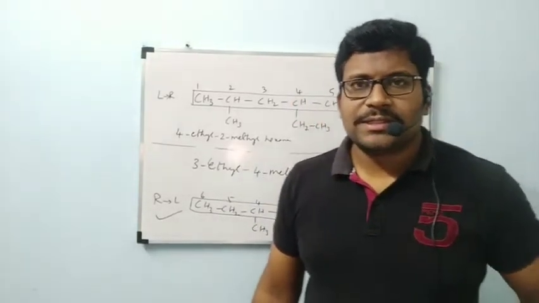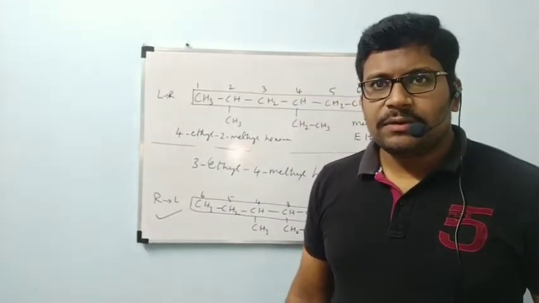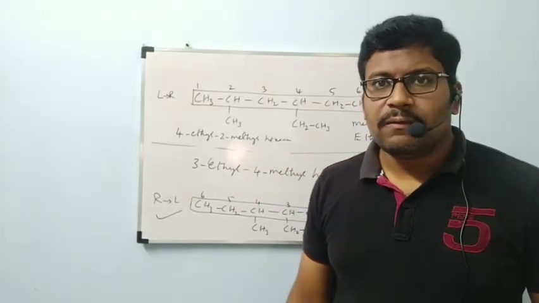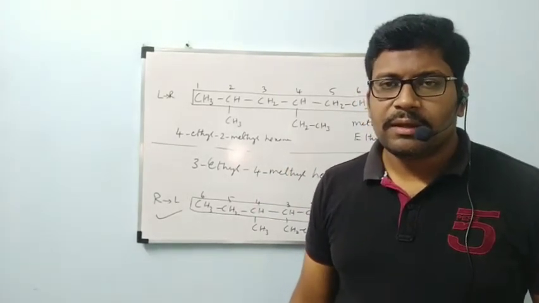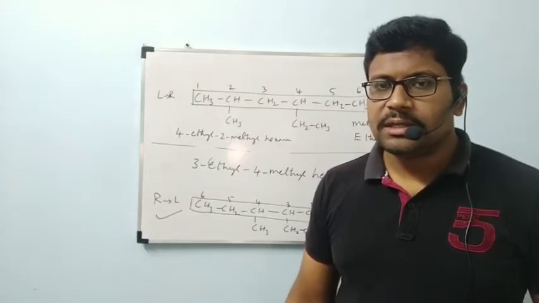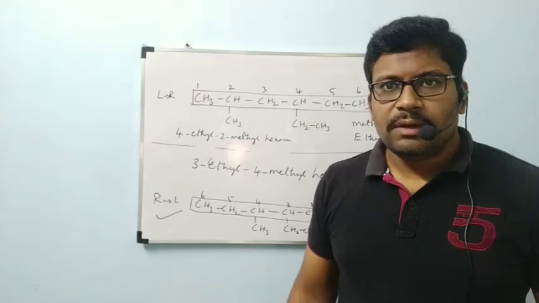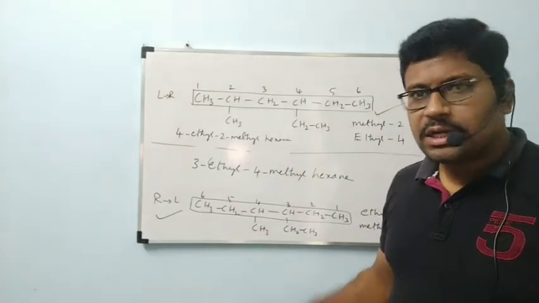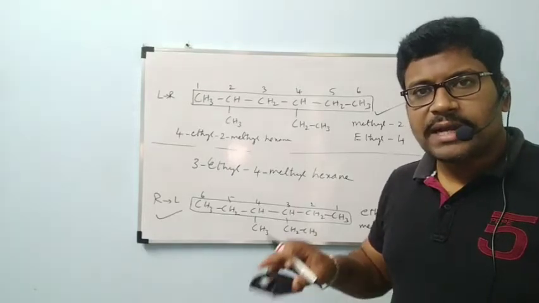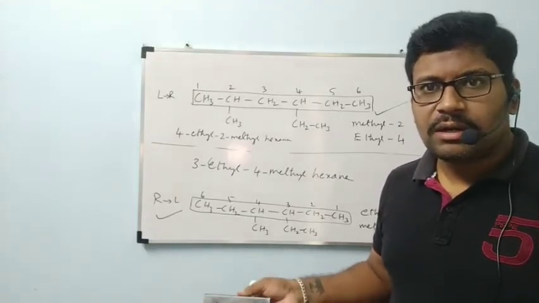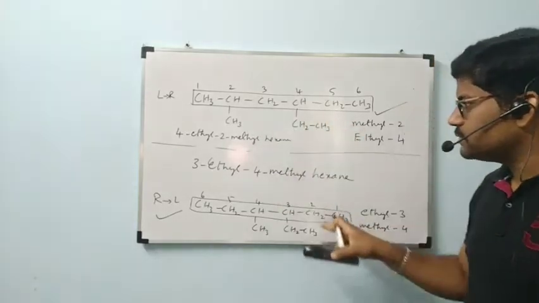Good afternoon, students. In the previous class, I told you that when we have two side chains, what are the rules we have to follow? When do we follow alphabetical order, and when do we go by the numbers normally? Now, these two compounds are present on the board itself. Two examples are better. If I explain them at a time, it is better for you to understand. Now I am going to explain these two examples at a time.